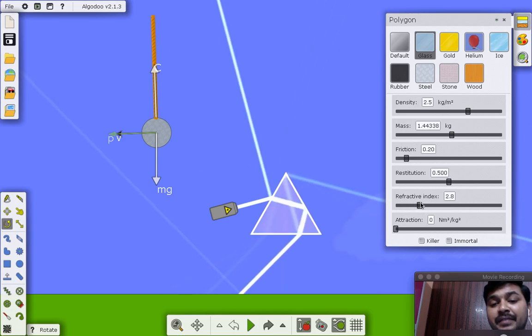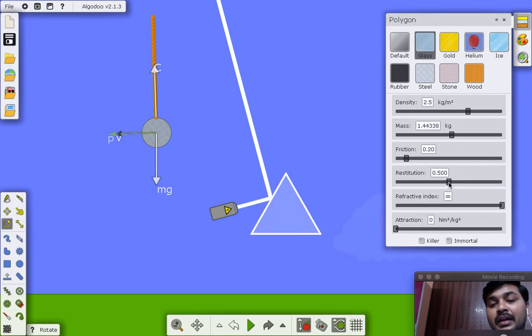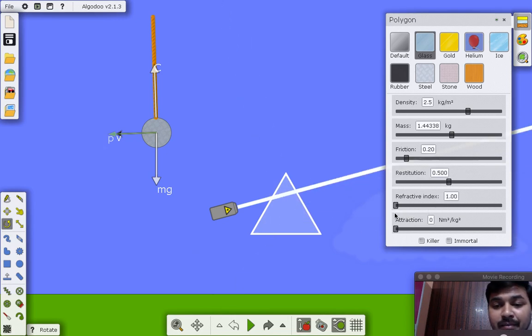If I increase the refractive index, see here what is happening. It is not even transmitting through the prism. At a higher refractive index, it is not even transmitting through the prism, there is only reflection happening. And for example, if I make the refractive index 1, which means the air refractive index and prism refractive index are the same, there is no refraction also.